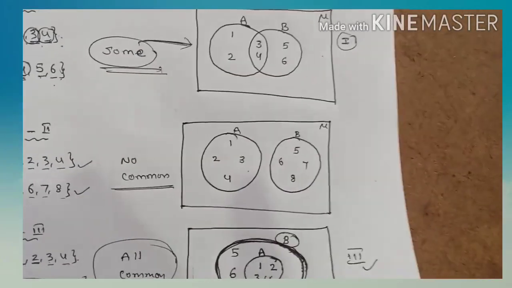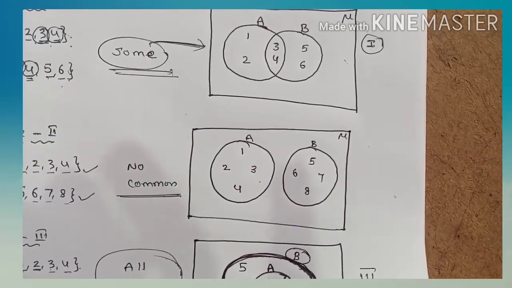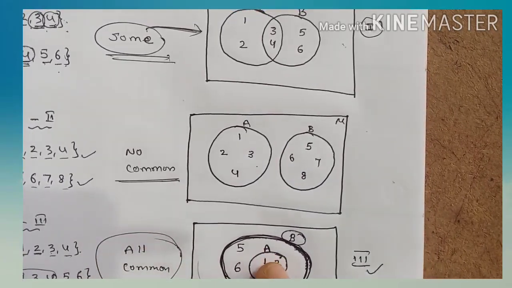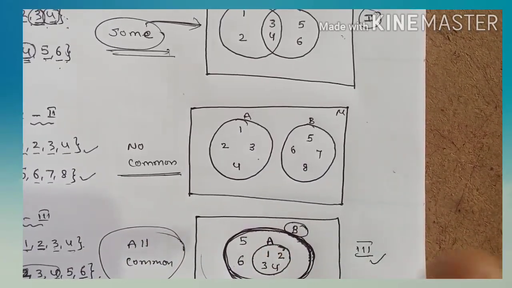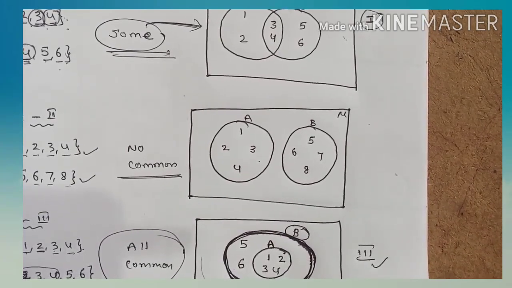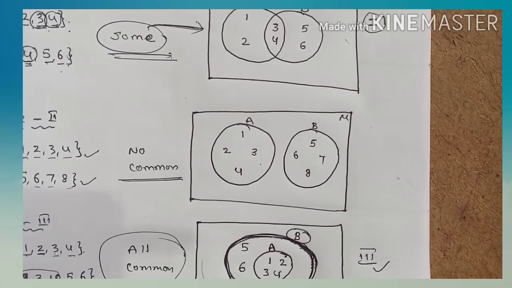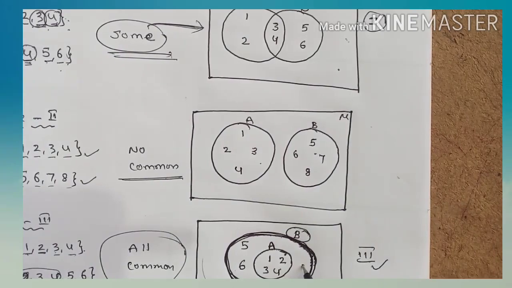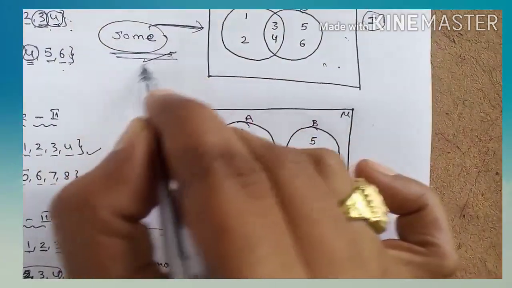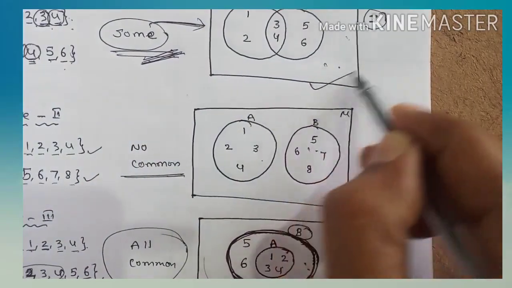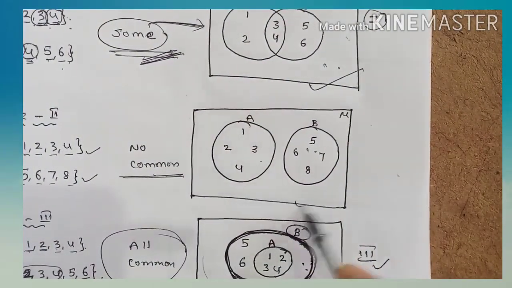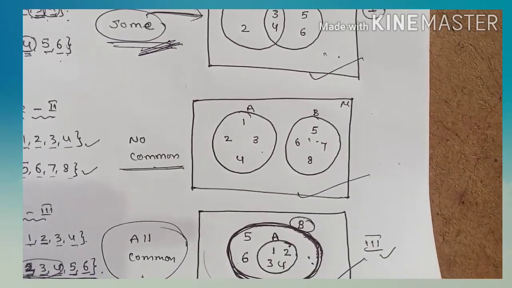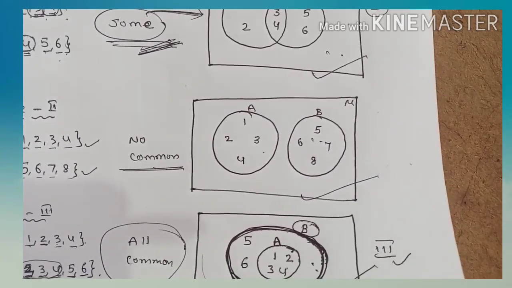Once again, some elements are common, this type of diagram. No elements are common, that type of diagram. And all elements are common, you have to use this type of diagram. So when there is a problem to illustrate the following using a Venn diagram, you have to select type 1, type 2 or type 3 diagram. How can we choose? Depending on this observation. Some elements are common, you follow this type of diagram. No elements are common, this type of diagram. All elements are common, this type of diagram. Is it clear for you? Right, we can go for the next.